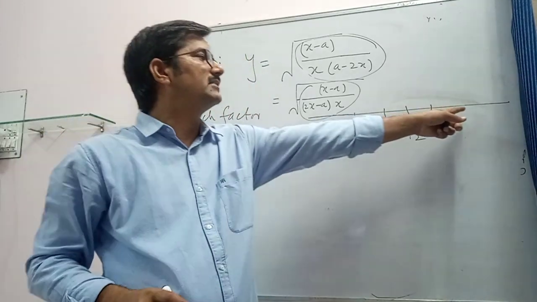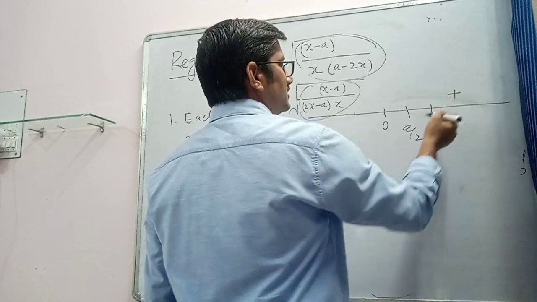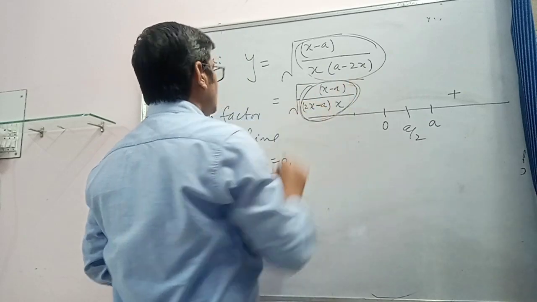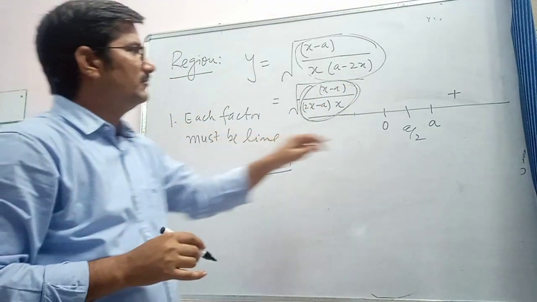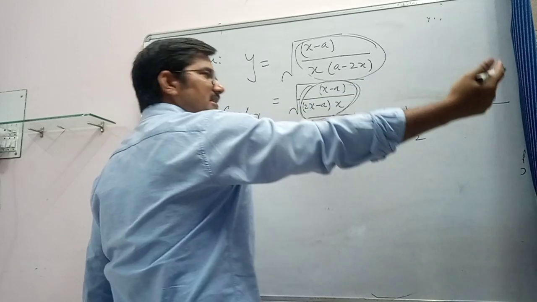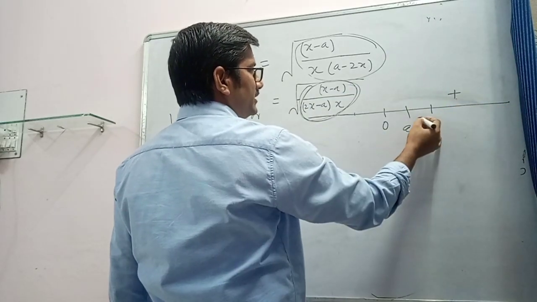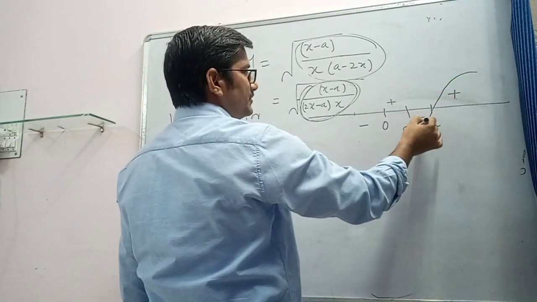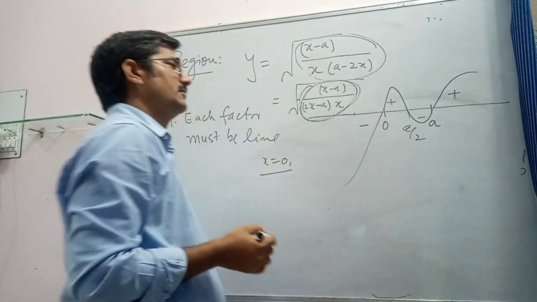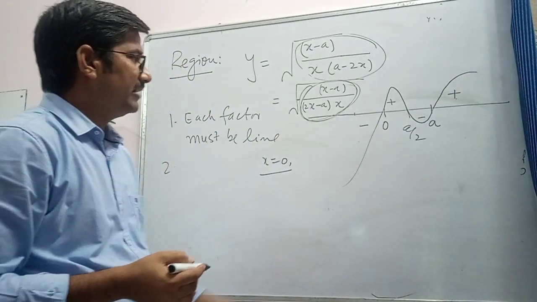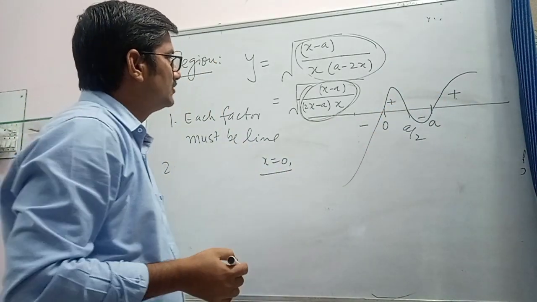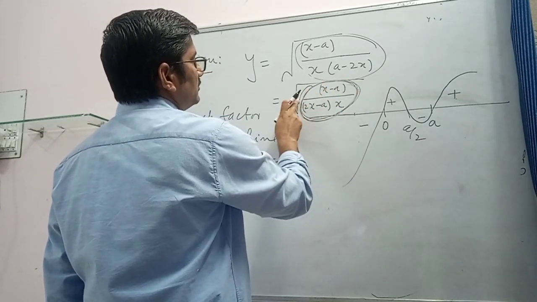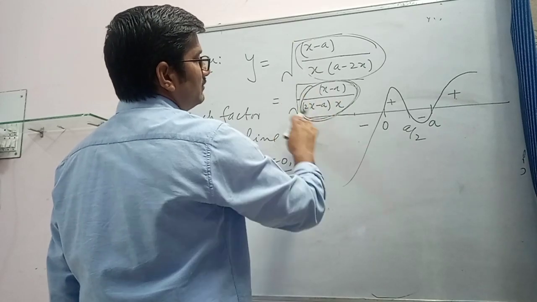So you start from the rightmost. This is positive. Positive means the sign of this expression, in which these two conditions are satisfied, will be positive. So you start from the rightmost side. This will be positive, here negative, then positive, negative. So the sign of this expression will behave in this manner. So we are interested where this expression is positive, because with this minus sign, the whole will be negative.